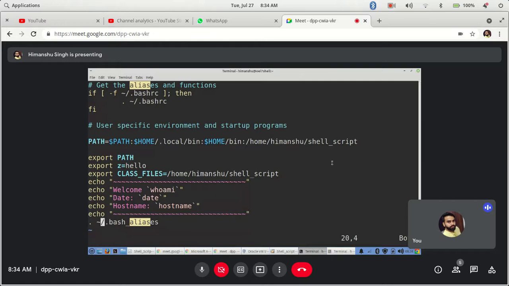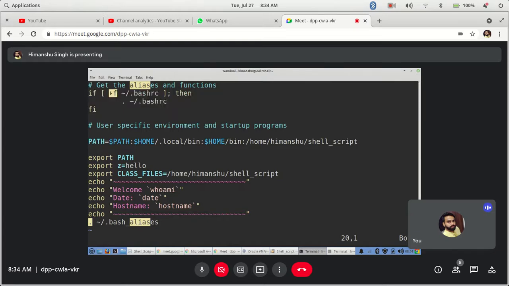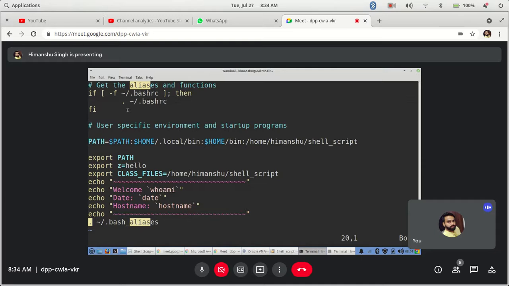Okay, so I can simply call it like this, right? But what happens if that file is not there? It shouldn't call. So normally what we do, as you see here, is use an if condition. If you remember, hyphen f checks whether the file exists or not. If this exists, then only source it. The same way we do it here also.